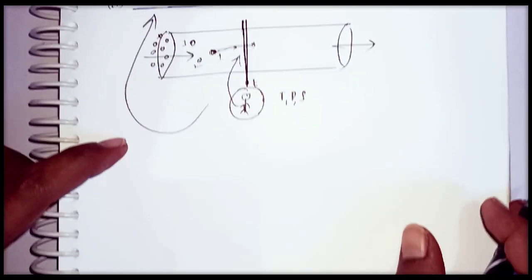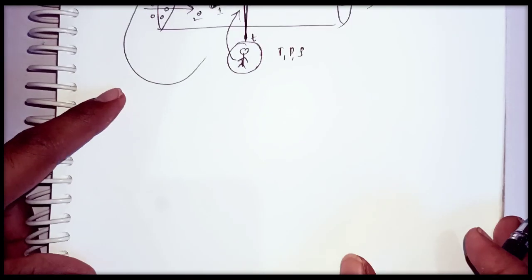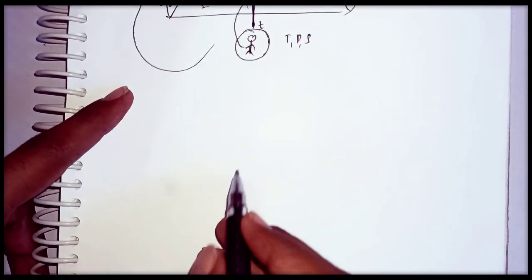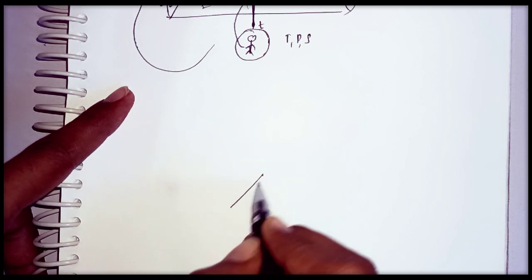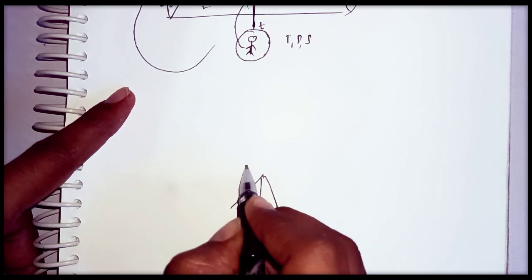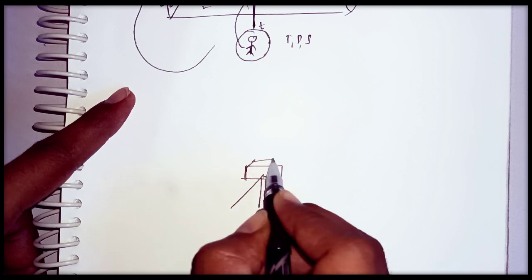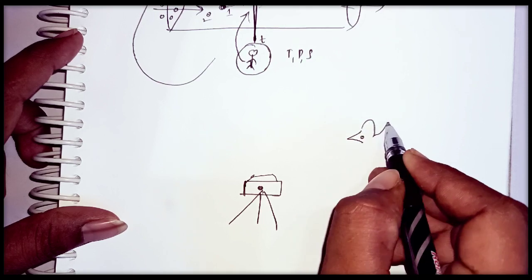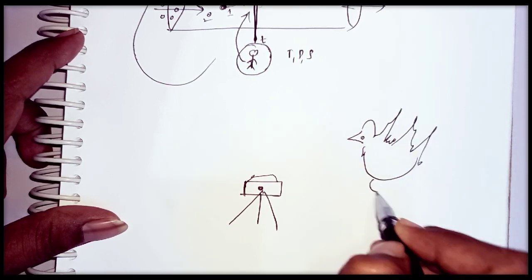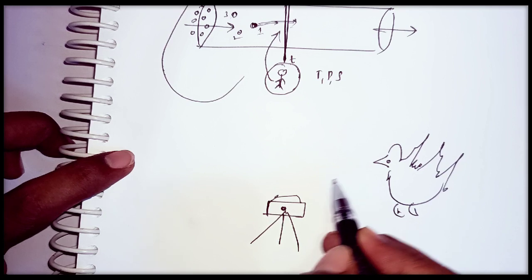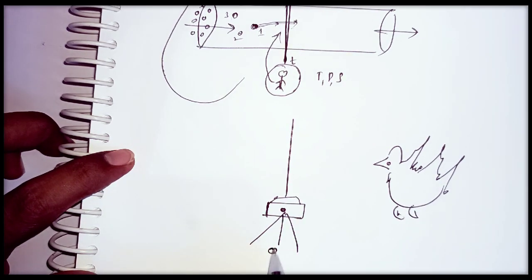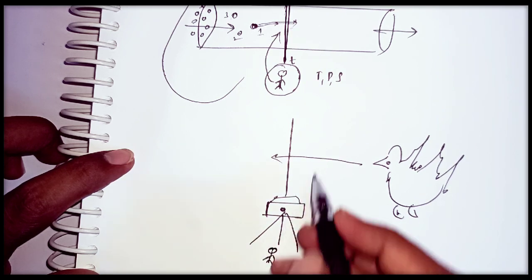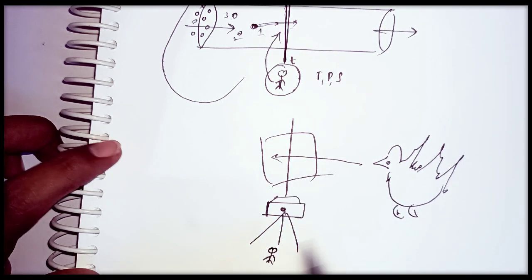Here, to understand this Eulerian method clearly, similarly, let us take the previous example of a bird and tree. Let us consider you are standing here. You fixed your camera to a stand like this. Let us consider this is the camera, and this is one bird which is flying in the sky like this. Whenever this bird crosses this fixed position where you are standing, whenever it is crossing this boundary, you are taking the picture. And this is the first particle.